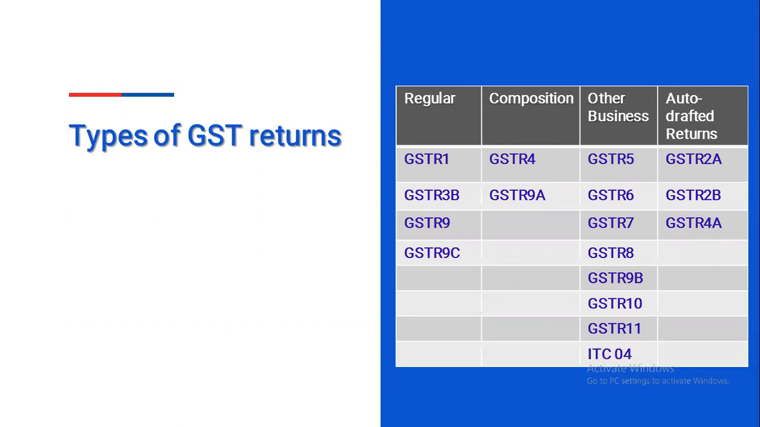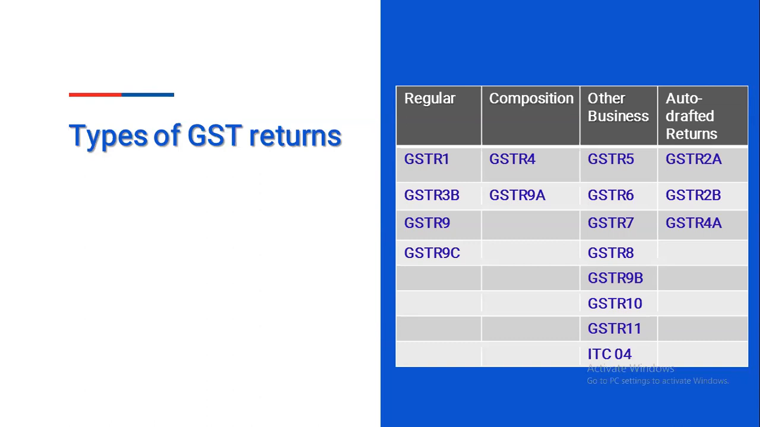Even some of the auto-drop returns, that is GSTR-2B and 4A. 2A contains the purchase and inward summary, and 2B contains the particular report, and 4A is the report for the composition taxpayer. These are the auto returns, system-generated reports that are available on the GSTR portal. When you log in to your GST portal using your credentials, these reports will appear in your portal. So these are the different types of GST returns, and let's move to